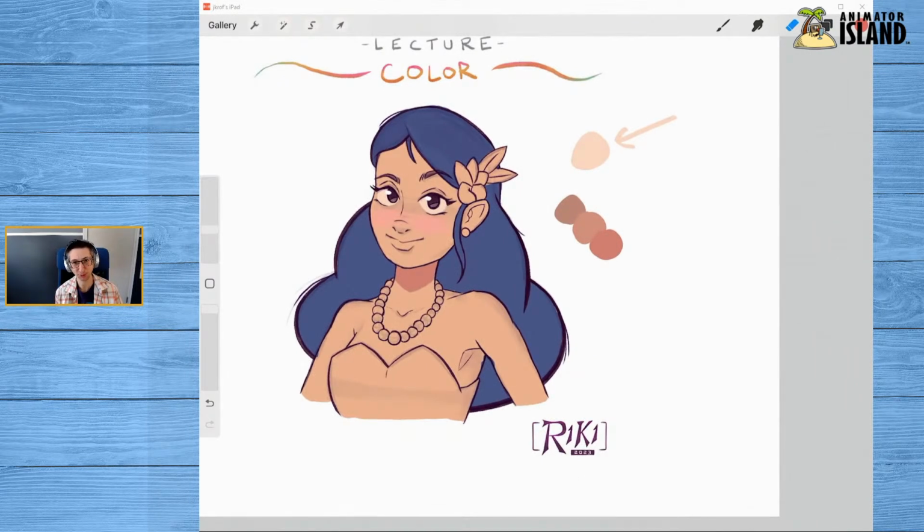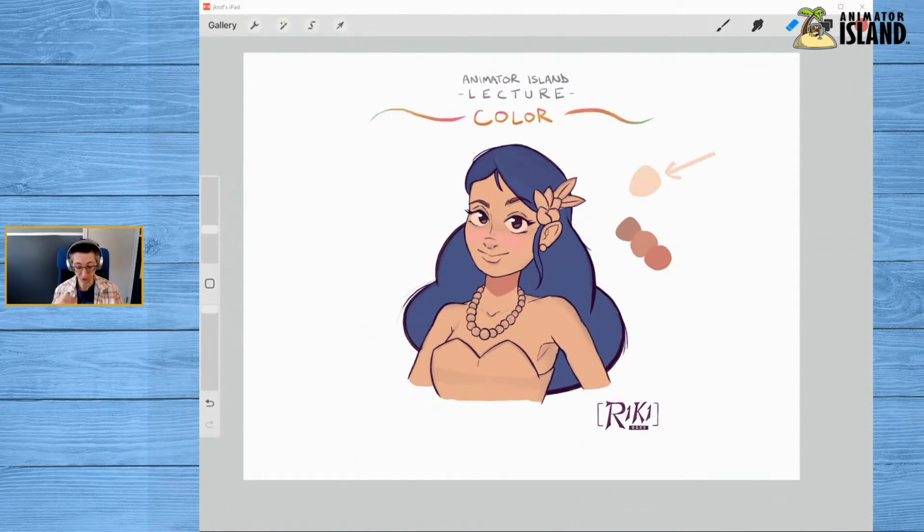So if you're too tense with color or if you don't know where to start, try this method. Try just playing. Try experimenting. I think that it'll open up whole new worlds to you, and you'll start to be a little more brave with your color choices initially, instead of being like, oh, I gotta be careful. I gotta keep things super realistic and stuff like that. So that's this first part of the lecture.